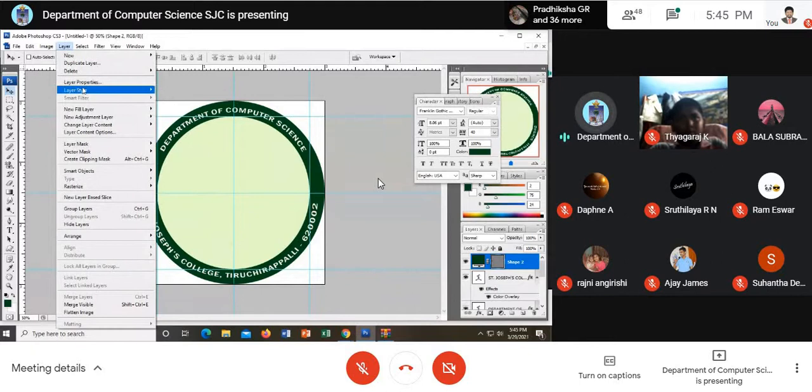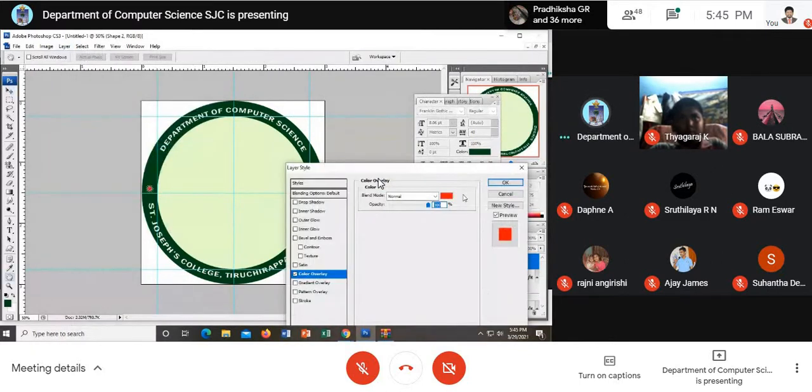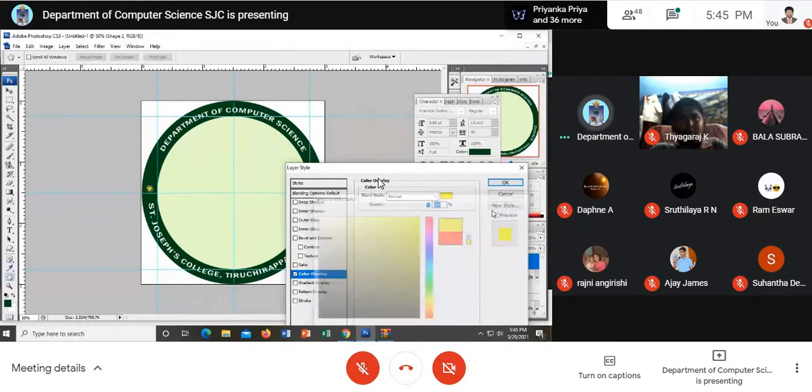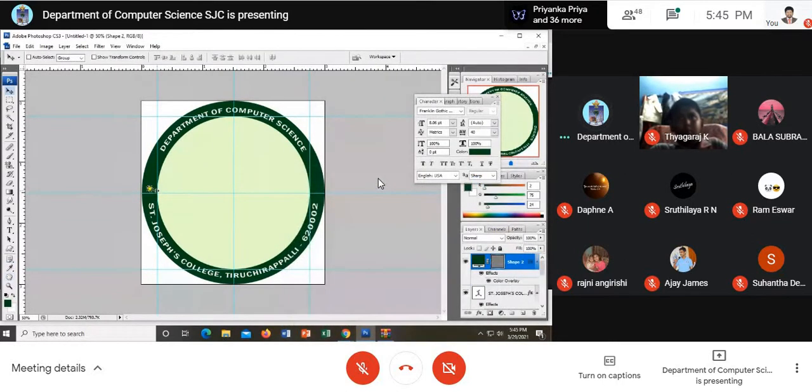Go to layer style, color overlay, and make it yellow. Yellow will suit here. I copy the same by pressing the Alt key and keep another yellow star on this side. So I've got it. Now the outer layer is designed with the text.